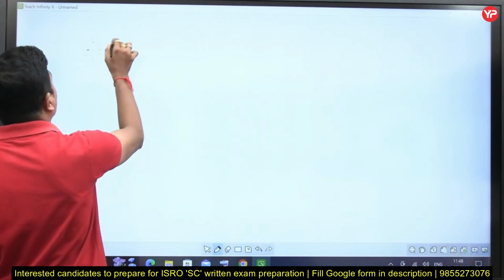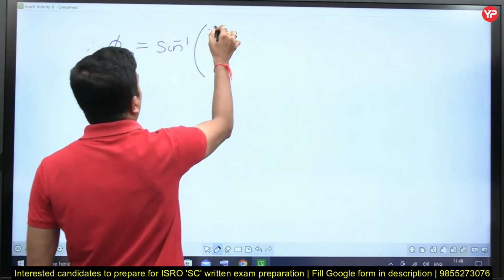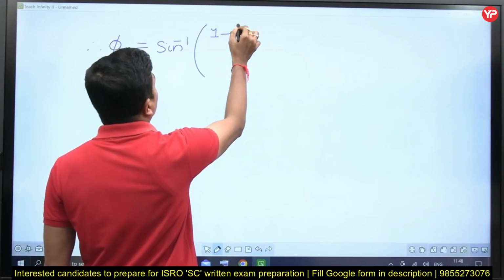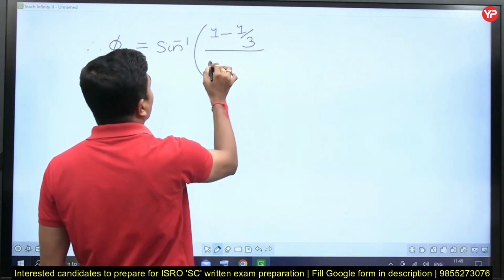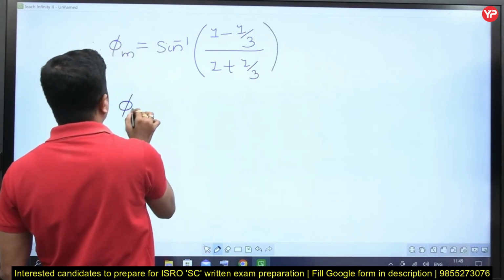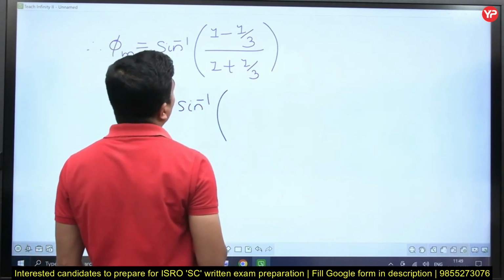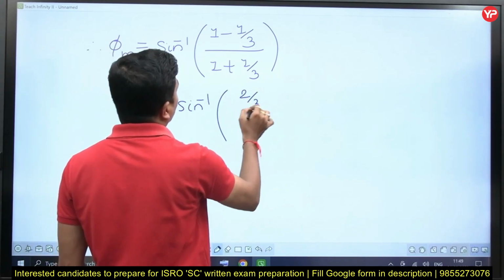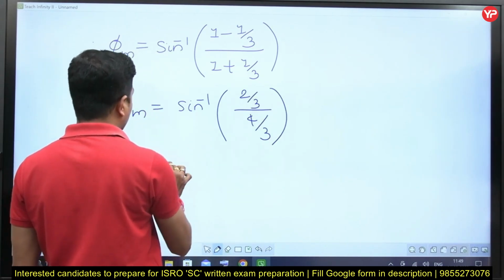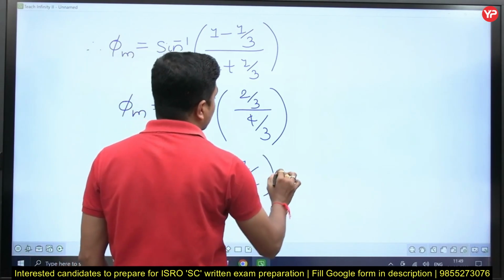Therefore, phi m is equal to sine inverse of (1 minus 1 by 3) by (1 plus 1 by 3), which is 2 by 3 by 4 by 3. So phi m is equal to sine inverse of 1 by 2,